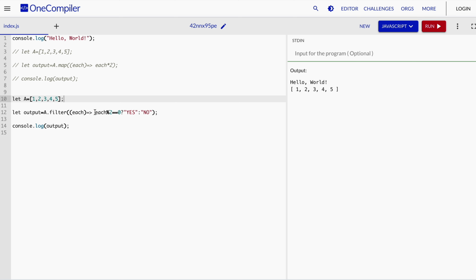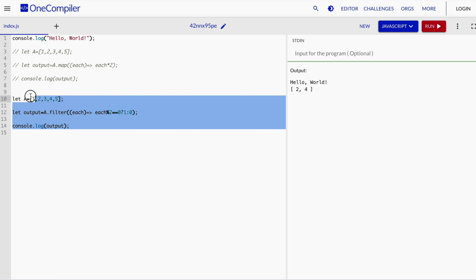So if this condition is met, it will convert this 'yes' into true or false. 'Yes' is a truthy value because it is a non-empty string, so it will return 2 and 4 for this. Whenever it comes to 'no', 'no' as a string is also a truthy value in JavaScript, so it will return 1 3 5 for that. But if you return 1 here and return 0 there, the output will be 2 and 4 because 1 is a truthy value and 0 is a falsy value. See, this same concept is used in React.